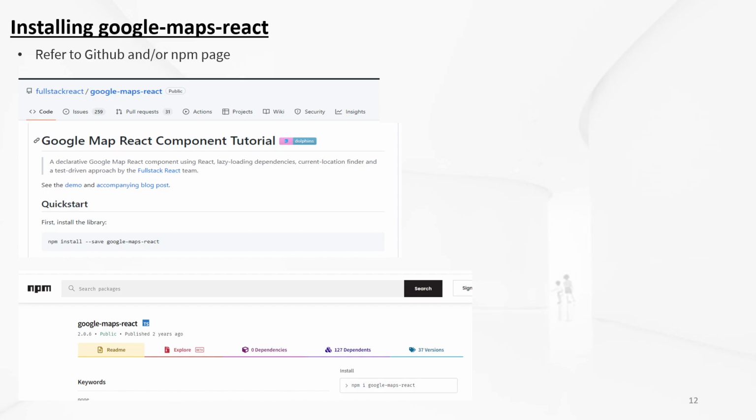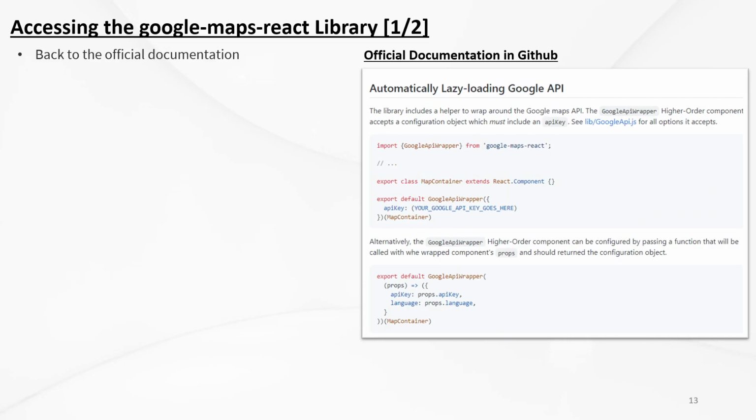So if we want to install it, there are instructions on how to do so, and it's reflected in the screenshot below. You type npm install --save google-maps-react in your console to install it first. Once done, let's study the official documentation in GitHub again. If you look at the screenshot on the right,